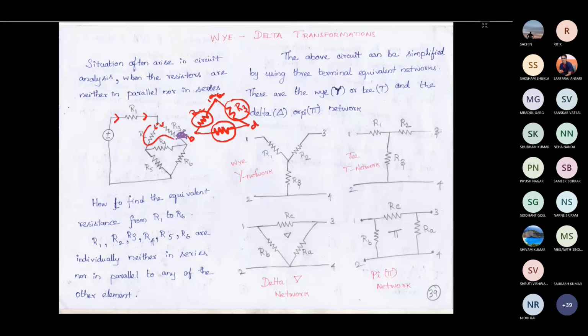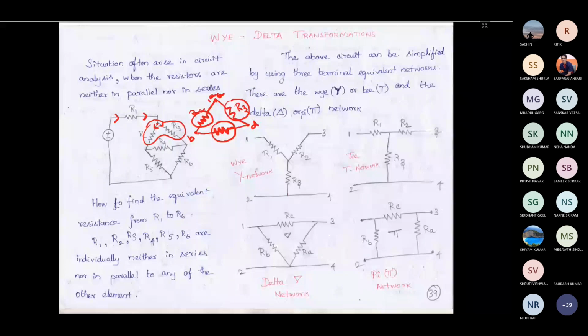If R1 needs to be in series with these components, then it's obvious that the same current should be flowing through R1, R2, and R3. But here, the current flowing through R1 is going to be split among R2 and R3, so you can consider that it is not a series connection. So when you have such a circuit, how do you solve it?